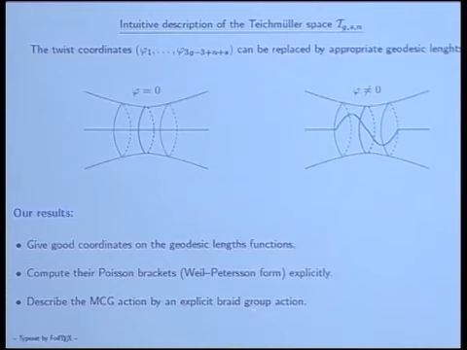When you start reading about this, you realize that mostly this Weil-Petersson paper is an existence theorem. They don't really produce the Poisson bracket. The nice thing is that if you decide to forget about the angles and do everything with geodesic lengths, then you end up writing the Poisson brackets explicitly. And also, what I will show you is that you can write the action of the mapping class group explicitly again. So the main object of today are geodesic lengths